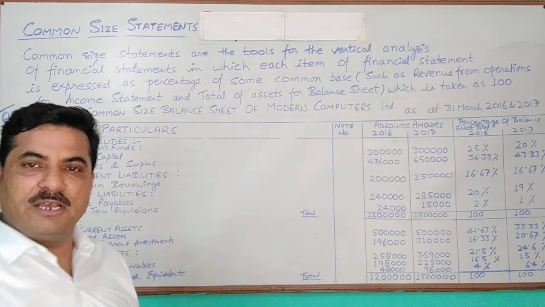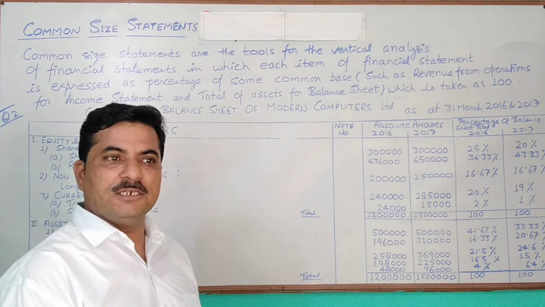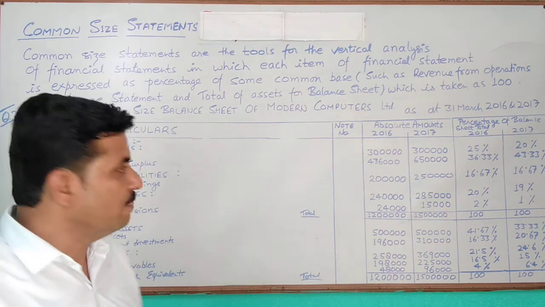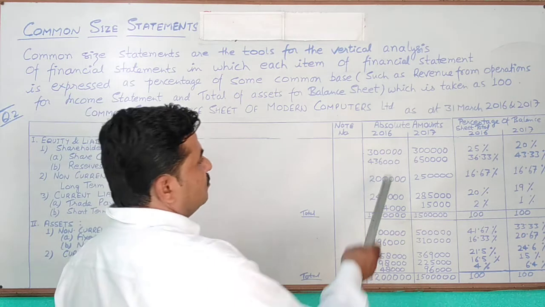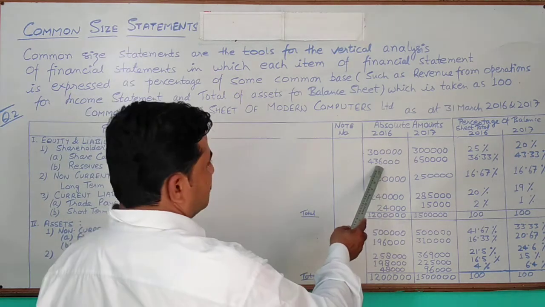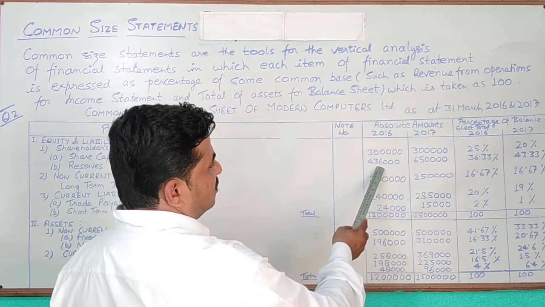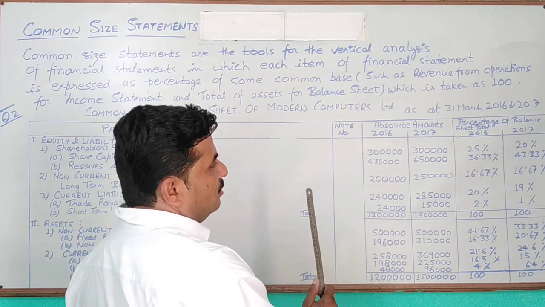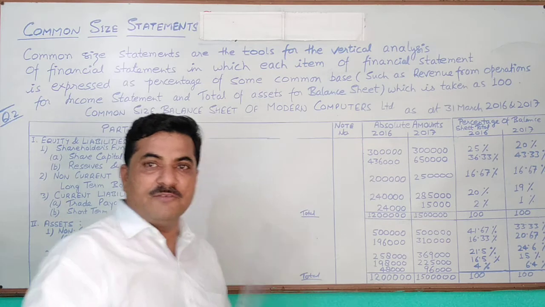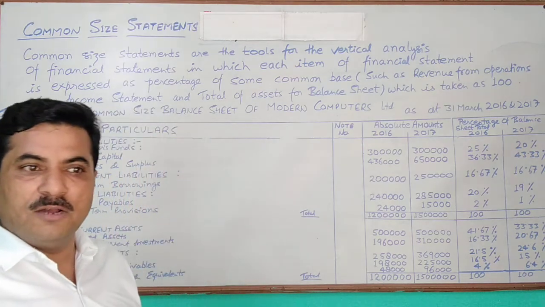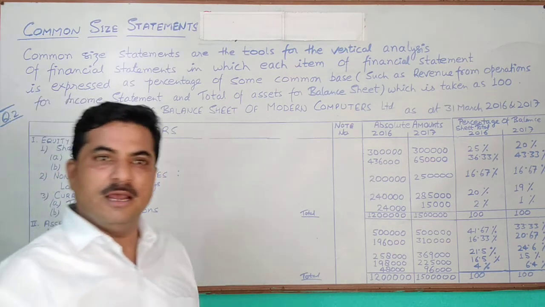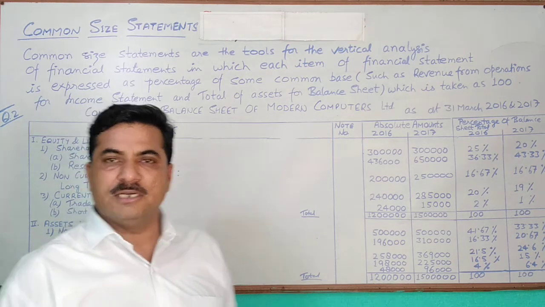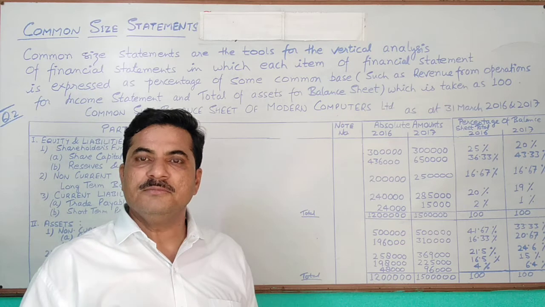In the same way, we can compare different items of the balance sheet with the total of the balance sheet for the current year or previous year. In the same way, reserve and surplus become 4,36,000 divided by 12 lakh into 100. It means we have to divide every item by the total of the balance sheet for the same year and multiply it with 100. So we can get the percentage of every item as compared to the total of the